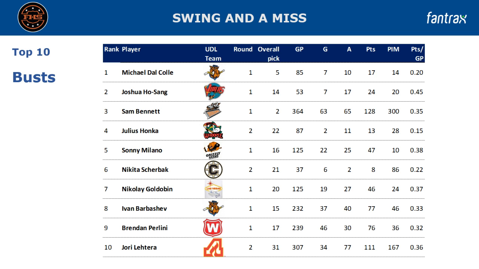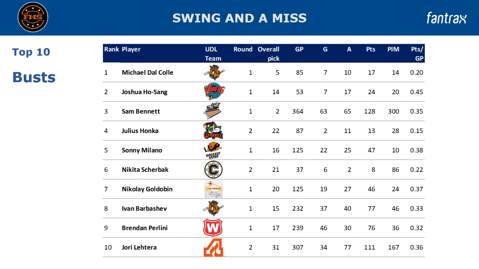Sam Bennett here gets off the hook for the top spots because he has managed to still be a serviceable fantasy contributor and he has decent penalty minutes and hits totals, but his scoring is nowhere near where it was expected to be for a top 3 selection. And the other guys are basically guys who were expected to be offensive stars in the NHL, but have not panned out, like Hosák, Milano